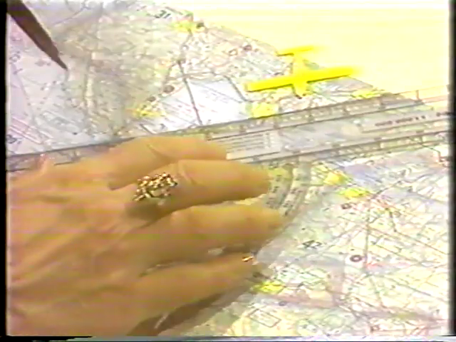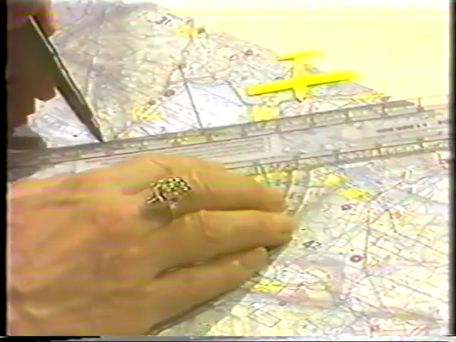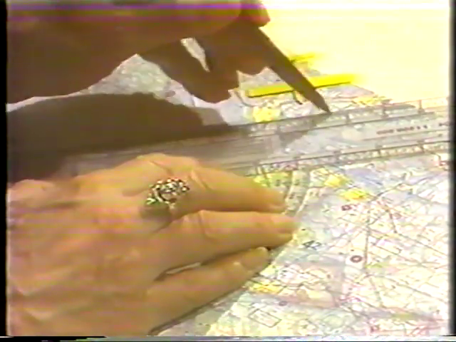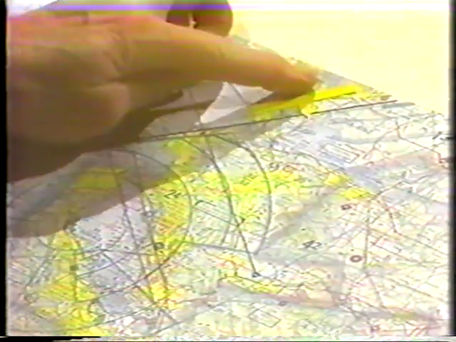Next, using our navigation plotter and the sectional chart, we draw this line of position on the chart, aligning the plotter with the Sausalito VOR and the 032 degree radial. We draw the line out as far as we can, because all we know at this point is that we are somewhere on that 032 degree radial.